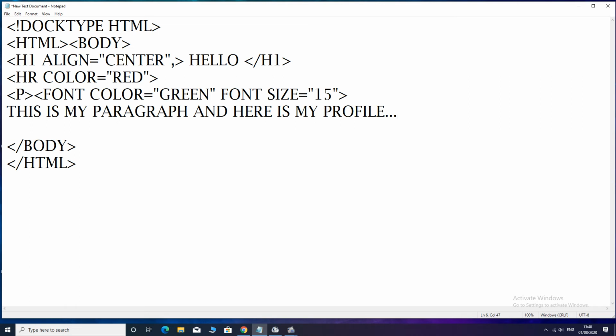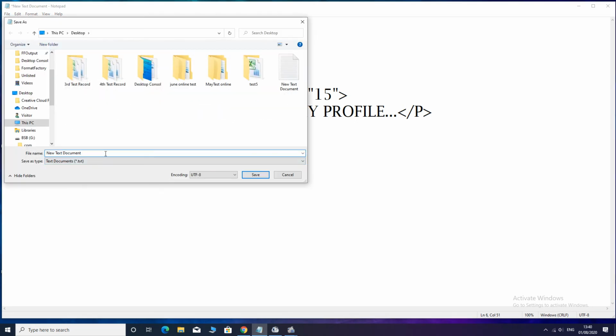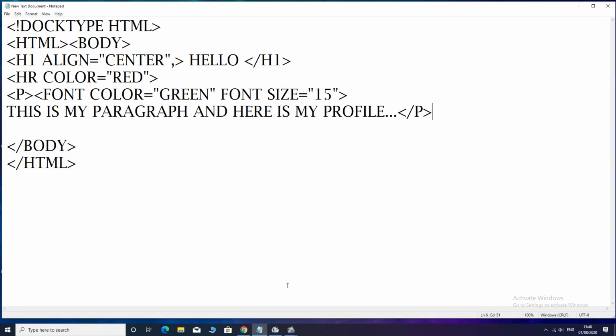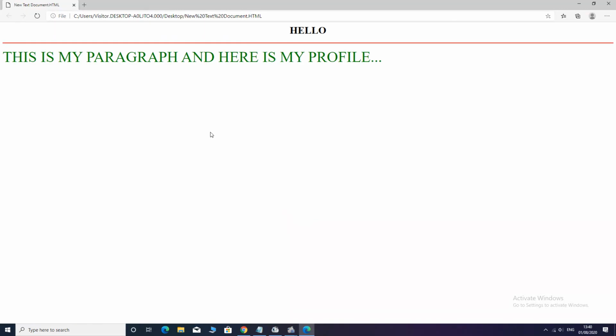It is the content and we will close now the paragraph /p, then save as extension HTML, save, yes. Font color will be displayed in green color. Here it is. Now the attribute color is being shown.